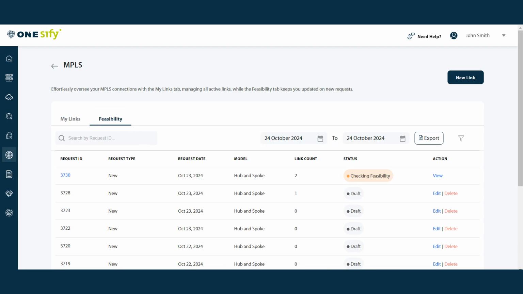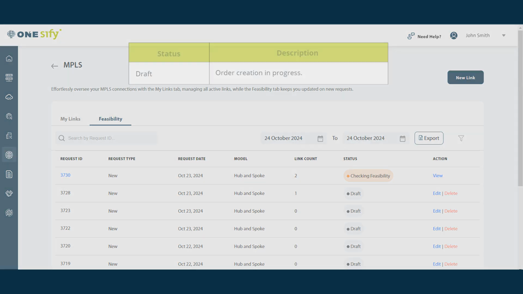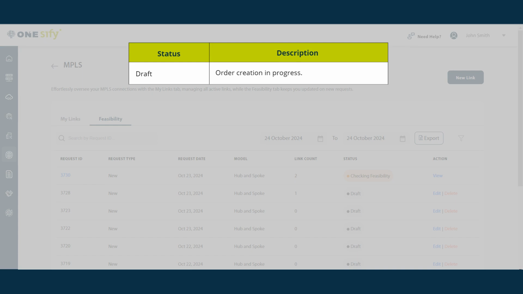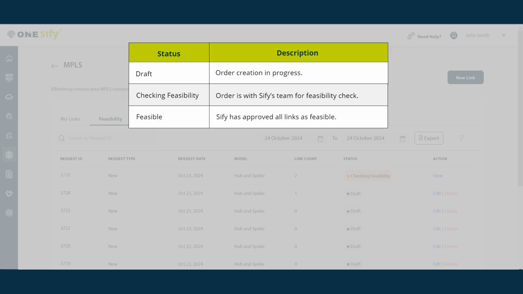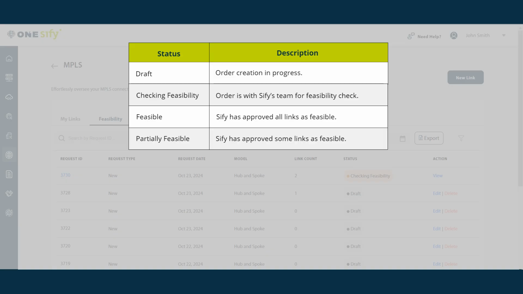When a new order is placed, it progresses through various stages in our system, each marked by a different order status. While you are in the process of selecting the products for your order, the status will be shown as draft. If the request is being evaluated for feasibility, the status will be shown as checking feasibility. Once the order has been reviewed and is feasible to fulfill, the status will be shown as feasible. If some links do not meet the criteria and cannot be fulfilled at this time, the status will be shown